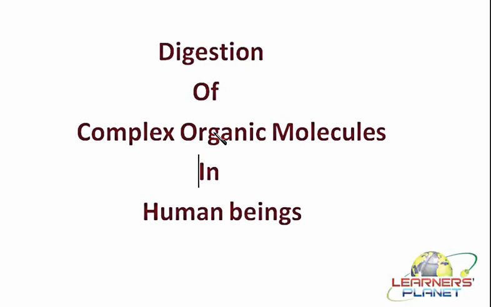So such a process of conversion is known as digestion, and of course it is done by the action of enzymes. That means the enzymes should be present in this type of system so as to convert these complex organic molecules into the simpler ones. Fine. Now, from where are these enzymes coming, right?